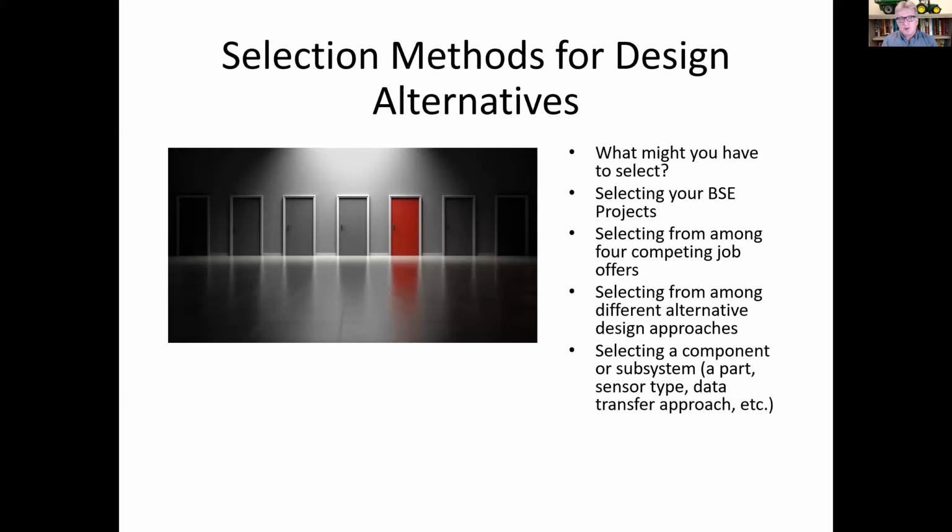You might also have a situation where you are trying to make a choice from among different alternatives. Maybe you've got competing job offers, or maybe you're contemplating a couple of different internships. Or it might be that you've got really great job offers from the same company, but you're looking at different parts of the country that you want to live in. Do you want to live in the southern part of the US and have it be warmer? Do you want to live in the Midwest? Do you want to go out to the West Coast? Things like that. So these are skills. This is a technique or a series of techniques that really are applicable